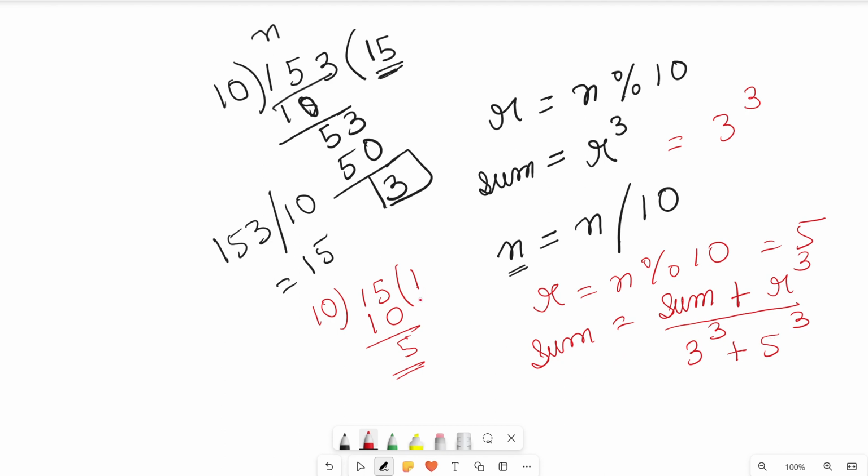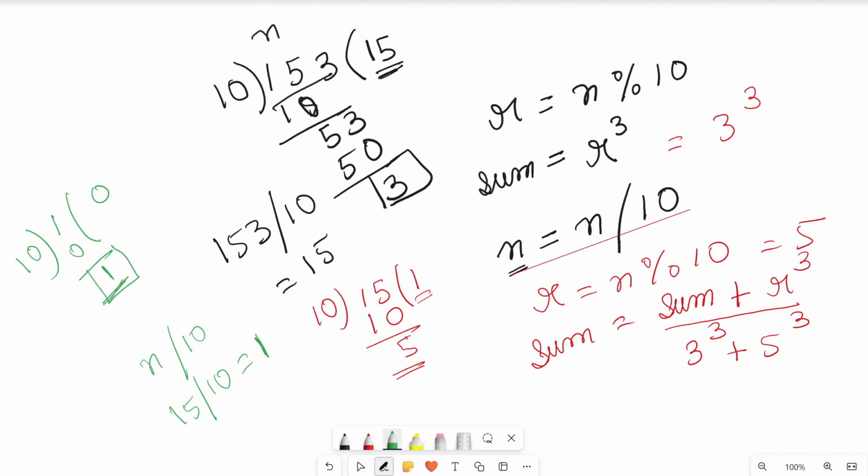Again the last iteration. Now n is equal to 1. As I have told you, we have to update n as n equals n divided by 10. The n was 15, so now n divided by 10, that is 15 divided by 10, we will get 1. So repeat the same process. When we divide 1 by 10, the remainder will be 1 only. So we are getting the most significant digit, that is 1. Now the value of R is 1. Again we find the cumulative sum, that is sum equals the old sum plus R cube, that is 1 cube. So here we are getting sum equals 3 cube plus 5 cube plus 1 cube, that is equal to